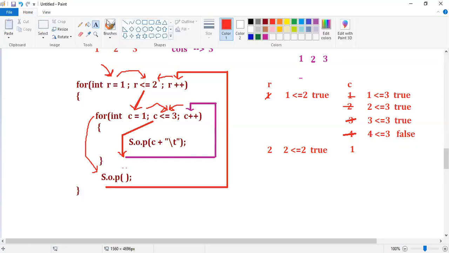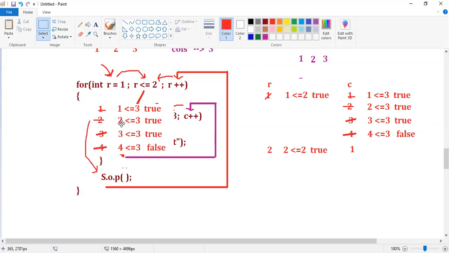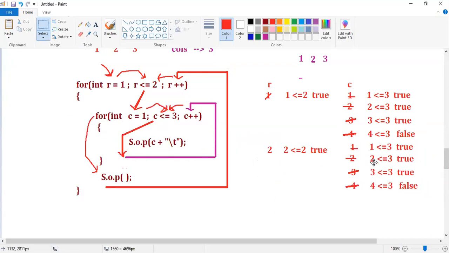Same story repeated. Because of the same story, the same thing repeats.